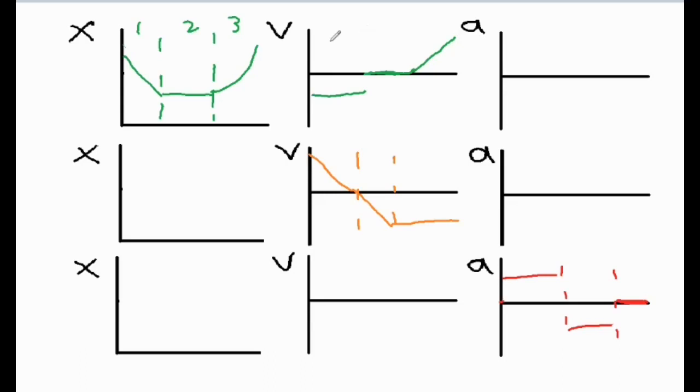So then this would be your section 1, 2, and 3. A straight constant negative slope for a constant negative velocity, no slope, no change in position, so the velocity is 0. And then we have an increasing positive velocity, so we have an increasing positive slant upwards on our position versus time graph. Now, every time you go from a velocity versus time graph to an acceleration versus time graph,